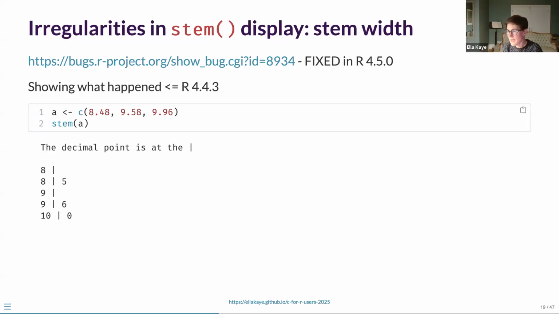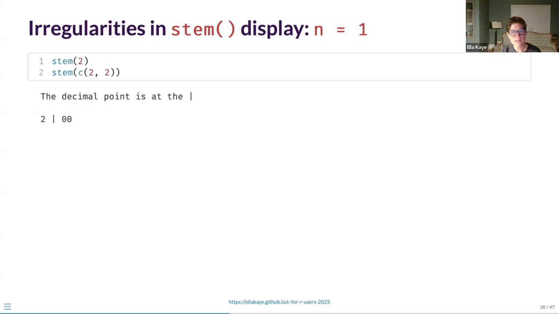So what used to happen in R less than or equal to 4.4.3 is if you, in some particular edge cases, for example, where you have a 9.96 and other numbers there, these pipes were not aligned. Line there. So we've got a problem with the stem width, and there is another irregularity as well,